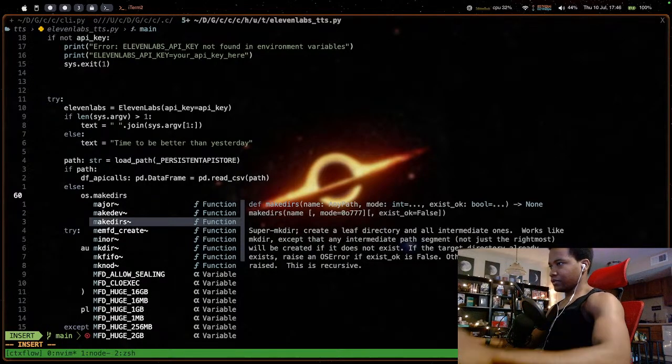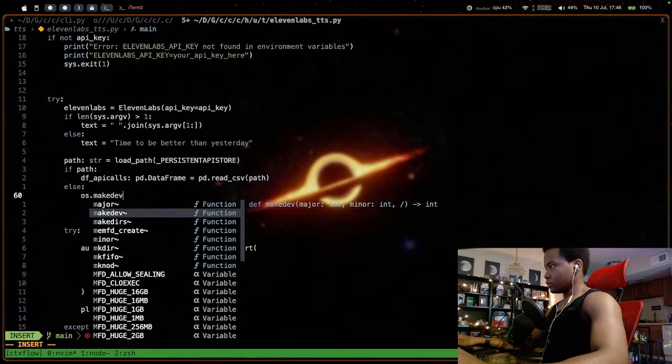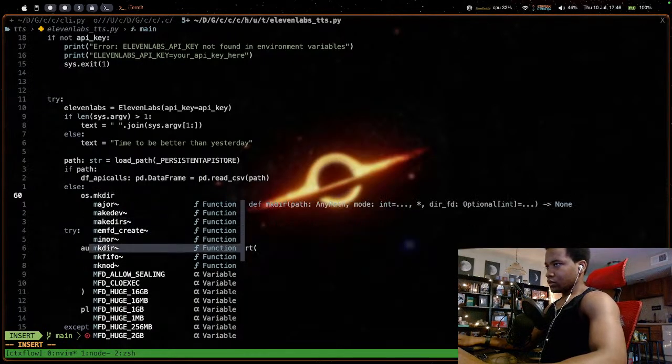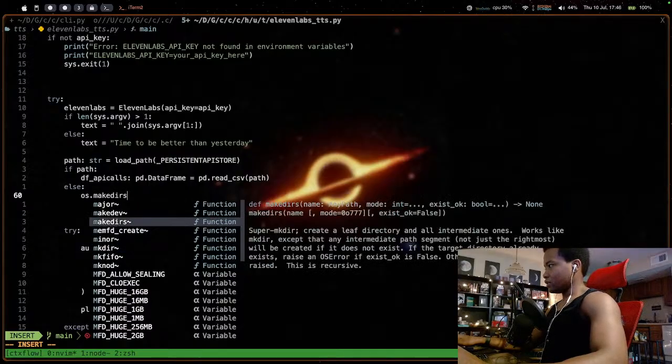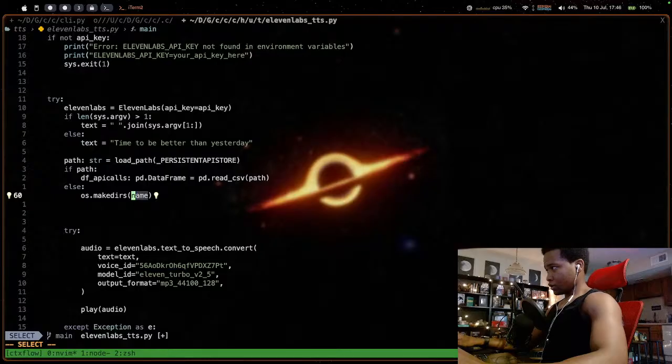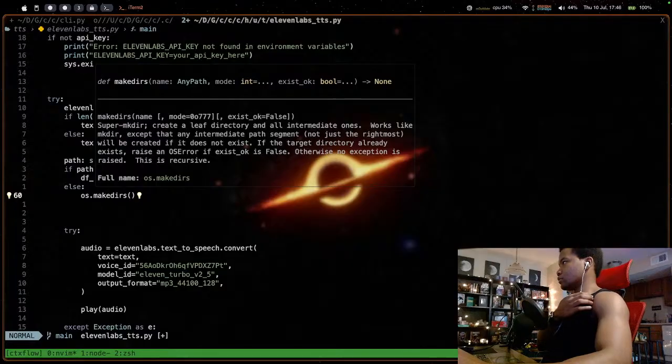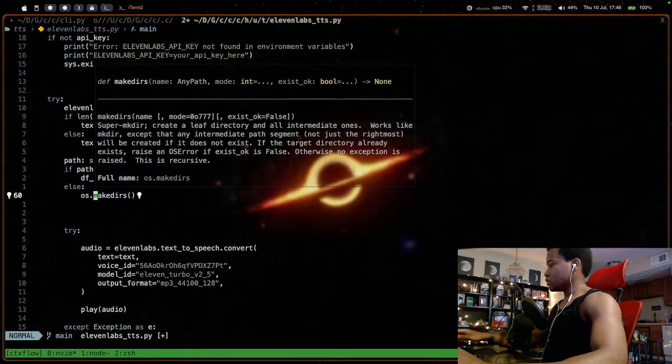Makedirs: create leaf directory and all intermediate ones. What's the difference between? That makes also, it makes all intermediate directories. Wait, does it return anything though? No, it doesn't return anything.